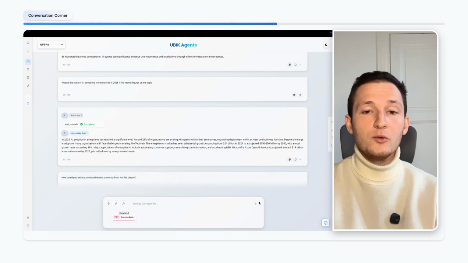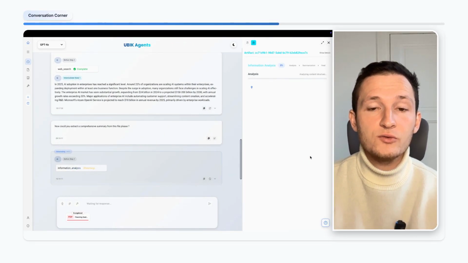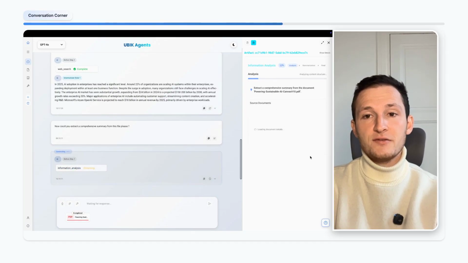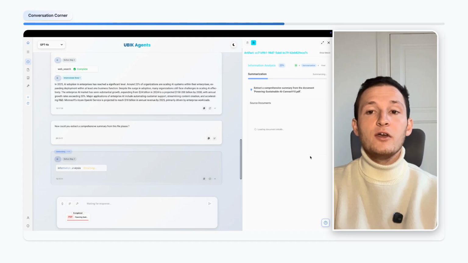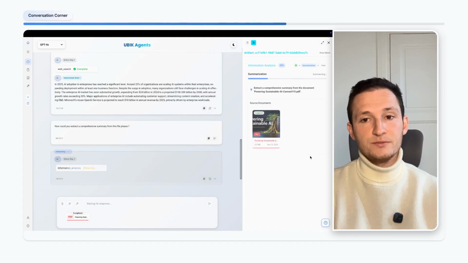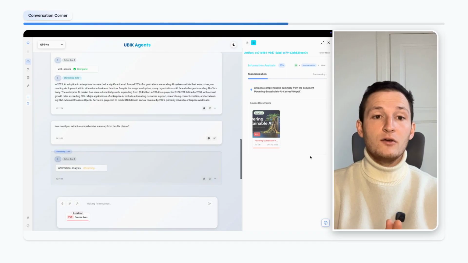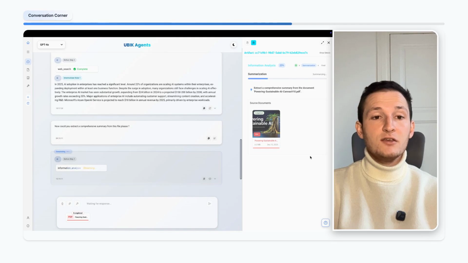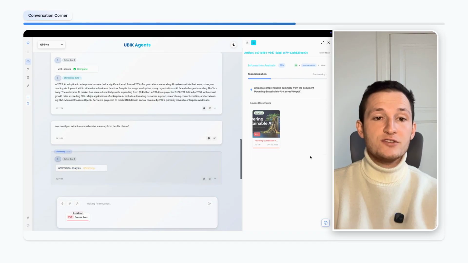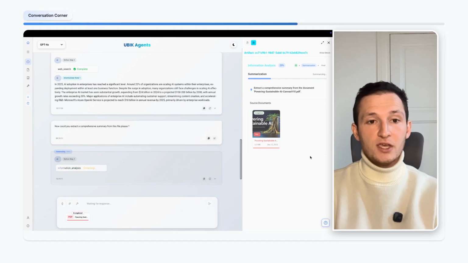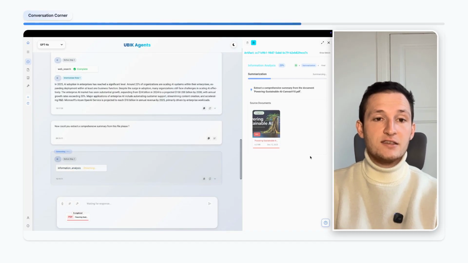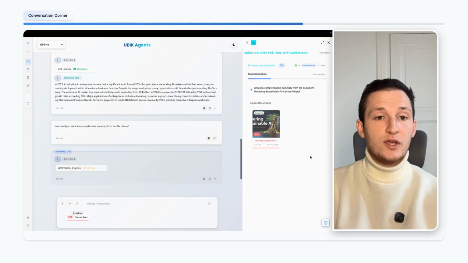So here we can ask a question, for example, to extract a comprehensive summary of this file, and the agent will run the information analysis tool. So this tool aims at analyzing a document in its entirety by using recursive summary techniques and also by focusing on the intent of the user. This allows to take a specific lens while doing the analysis in order to provide the most accurate and relevant